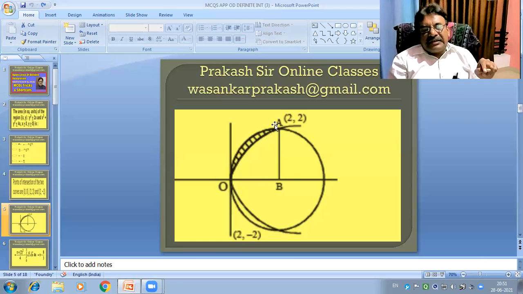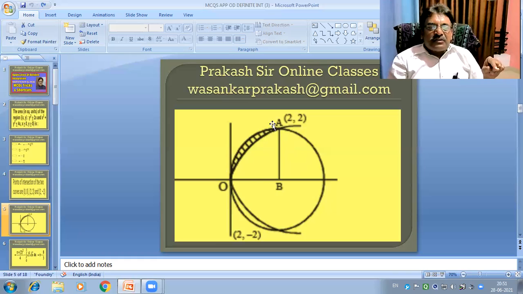Again, we repeat this. Area of the complete circle is pi r square. Therefore the area of one quadrant of the circle is pi r square upon 4. But here the radius is 2. So pi into r square means radius square, 2 square, pi into 4 by 4. 4 gets cancelled. So pi. So here pi minus